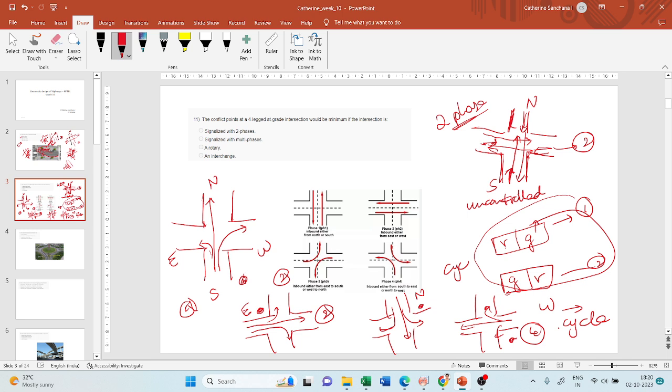Now this is one way of giving a 4-phase signal. There's another way of giving a 4-phase signal, which is as shown in this figure. So in one phase, what you can do is,